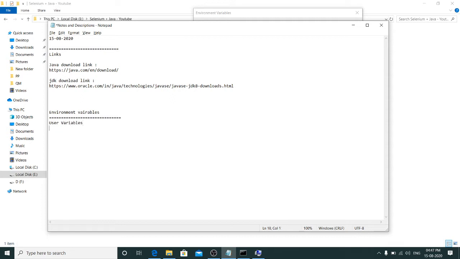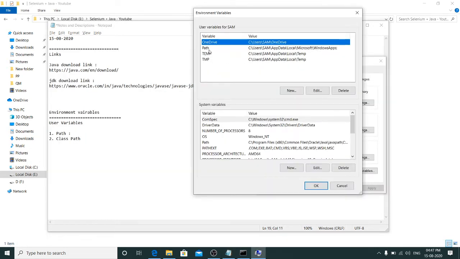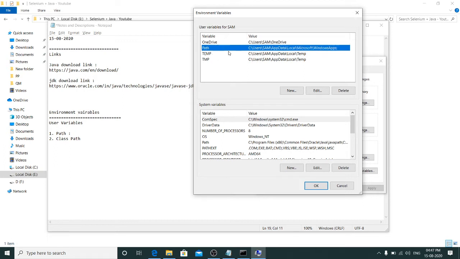In user variables, you have to set up two things. One is Path, another one is ClassPath. In Path, you already have a path here. So you have to add your Java path after the semicolon, which you are seeing at the end.